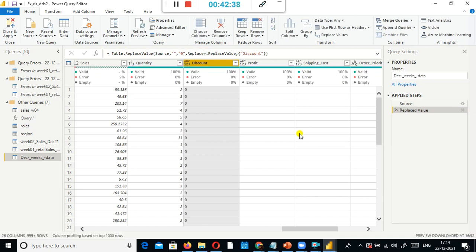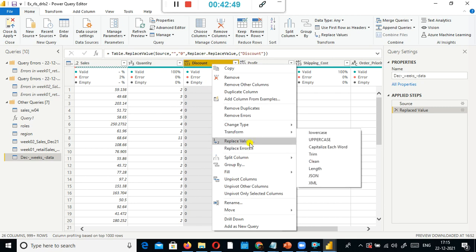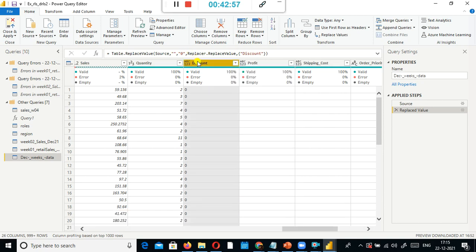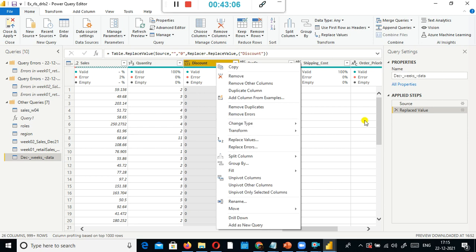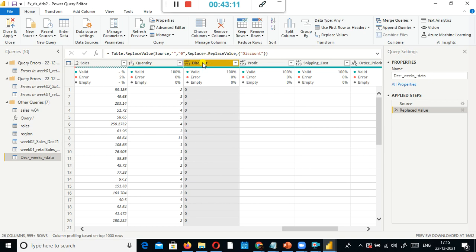We have something called the is blank function also. With that also we can find out if we have any blank values in this column. Programmatically you can find out, because at the end of the day we need to automate it. In that case we need to program it, because in Walmart and other companies, the number of files which we receive is very huge. You cannot open each and every file, just click and replace, remove and all. You cannot do that. Programmatically we need to check if the discount column has a blank value, then put 0 there, something like that.